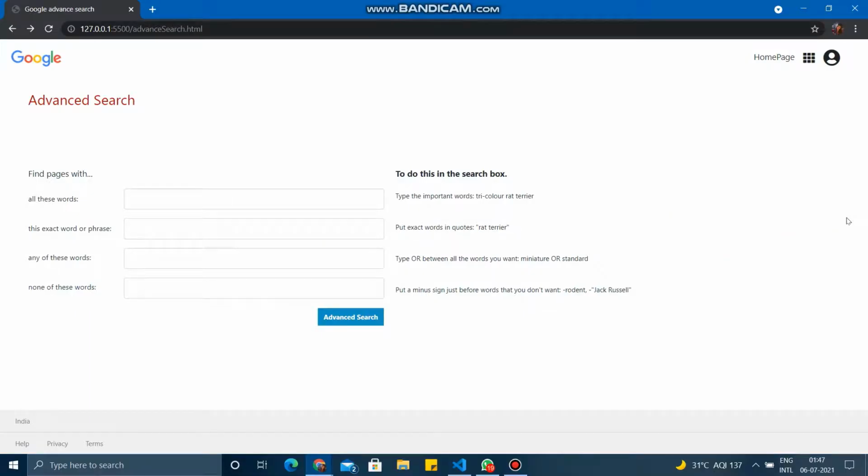Fifth, we'll talk about the appearance of the Google advanced search page. Like Google's own advanced search page, the 4 options are stacked vertically and all of the text fields are aligned towards the left. The advanced search button is of blue color and with white text. And as the user clicks on the advanced search button, the user is taken to the search result for the particular given query as shown previously.